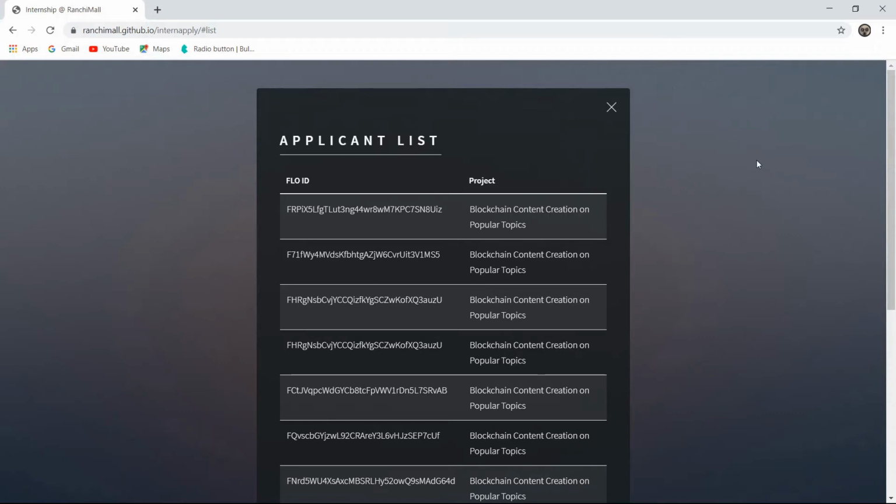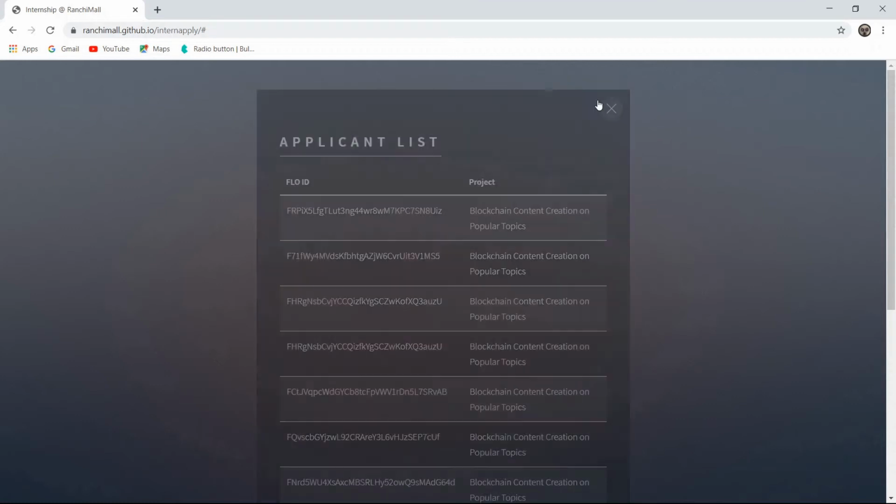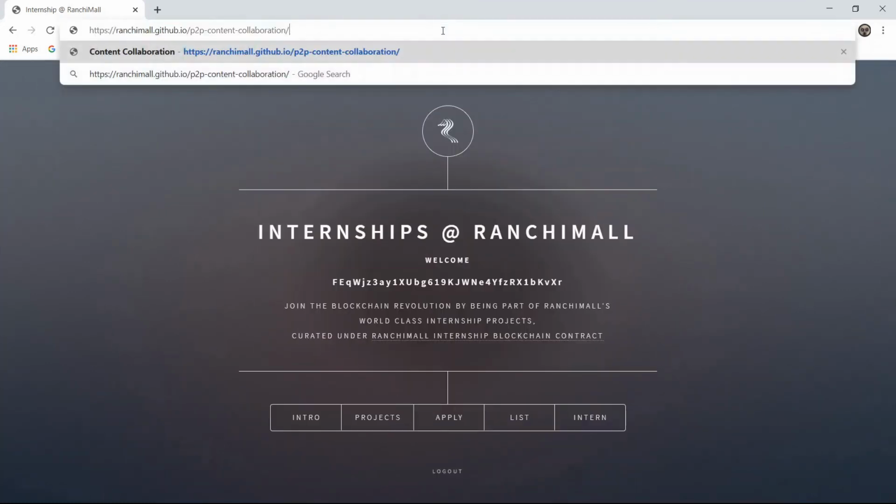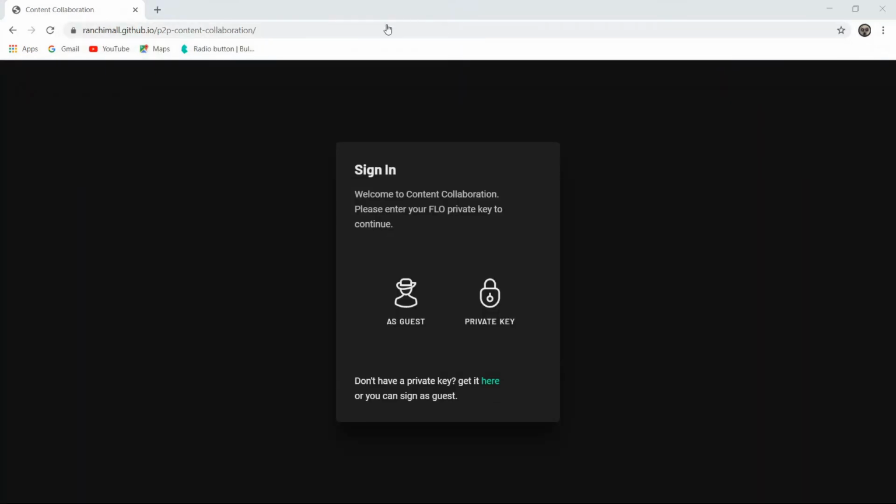So once you have got your Flow ID, how do you use it to collaborate in the content app? You head over to this link, which I'll put in the description box below, and log in with the private key you just created.